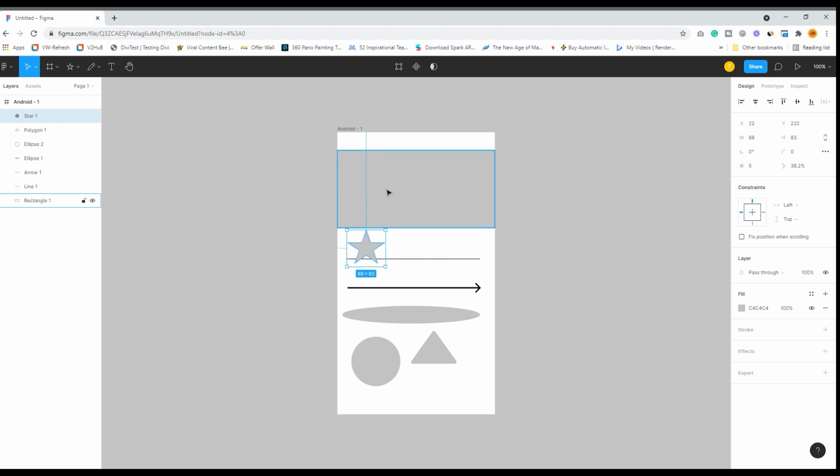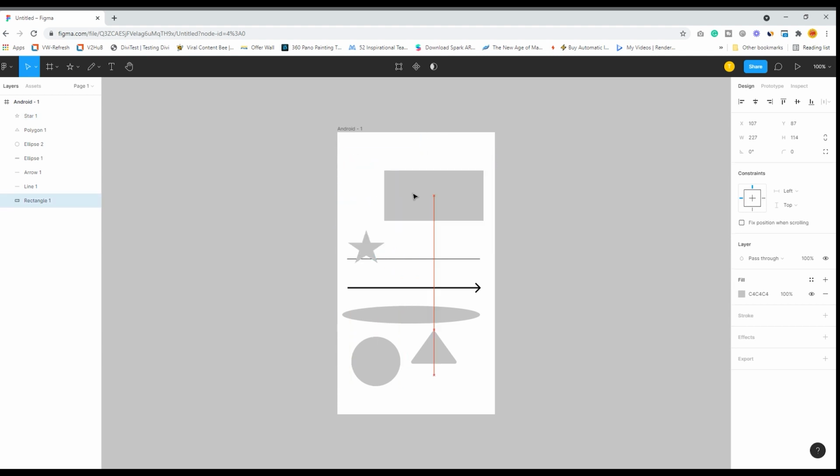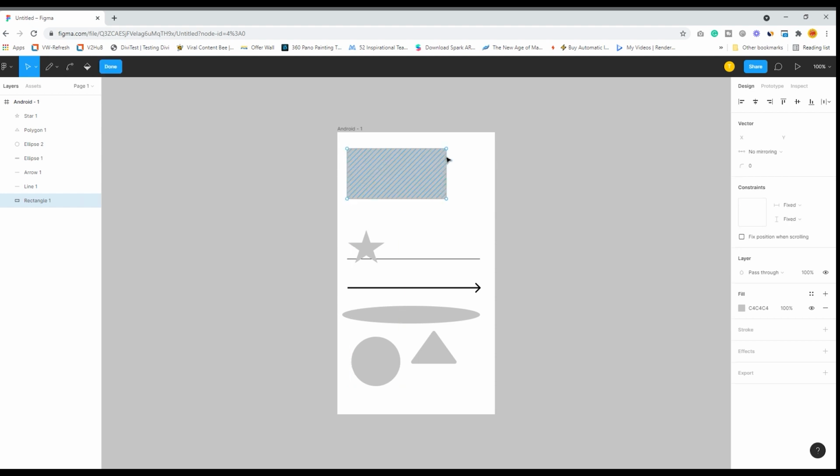Another thing I wanted to cover is that I can also change any particular shape to any other shape. If I want to change something, I double click on this particular shape, and if you see, it has these diagonal lines coming over it, and you can now click and drag the vertices to create a different shape. Lovely, isn't it? So these are the types of shapes that you can also create. I will just quickly delete all these things.